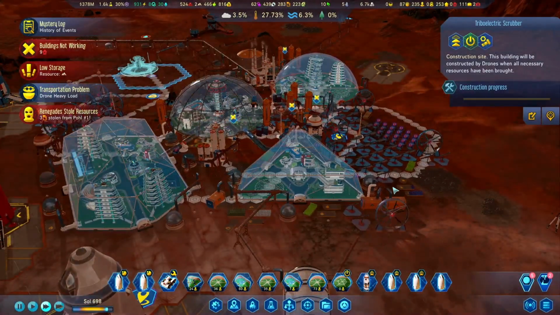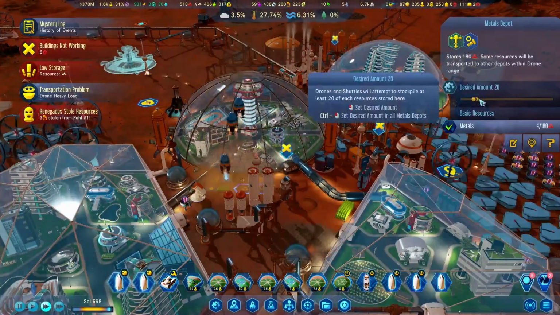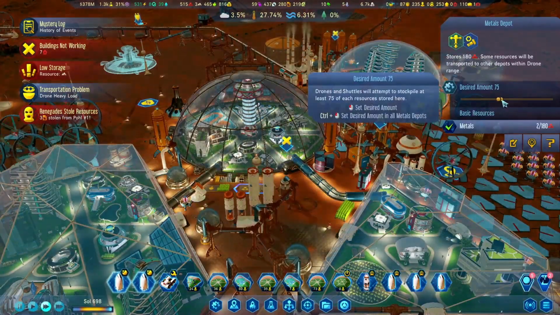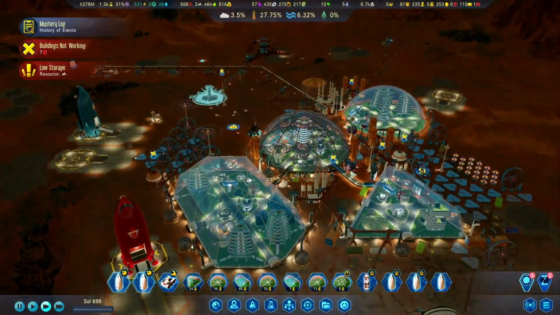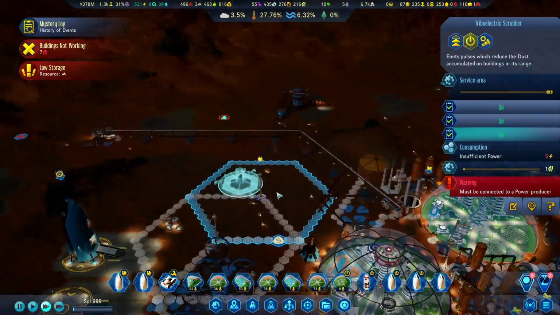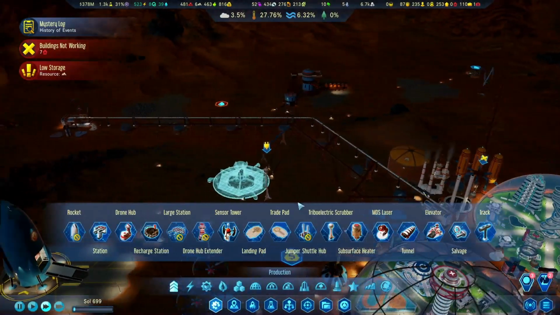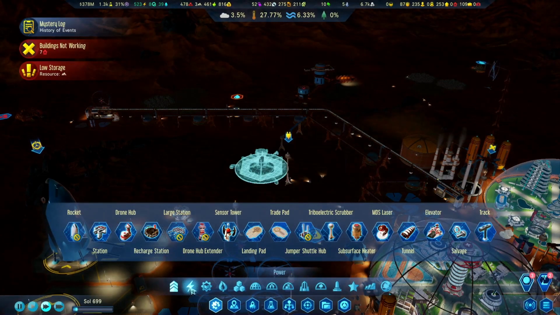What I'm looking for is a metal deposit, and I can put, yeah, 75 seems good. This place needs metals for over any kind of dust storm. We want to make sure we have good supply. The other one will always be producing them, so it shouldn't be that big of a deal. Let's put in...